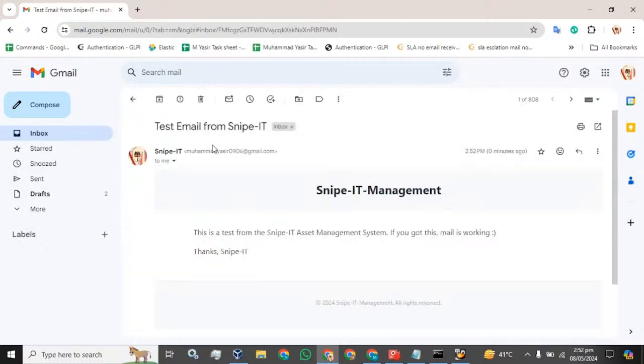This is the test email from Snipe-IT Asset Management System. If you got this email, it's working fine. That's how you can be able to configure the email setting in your Snipe-IT